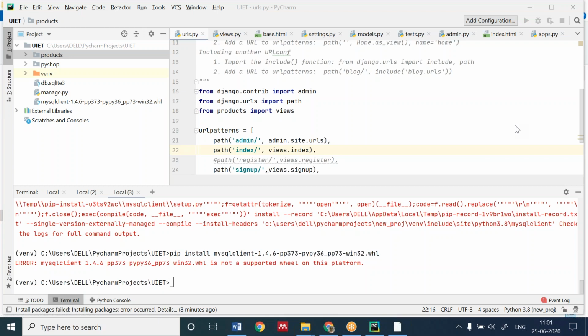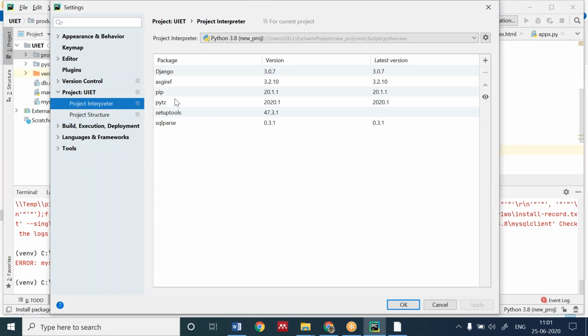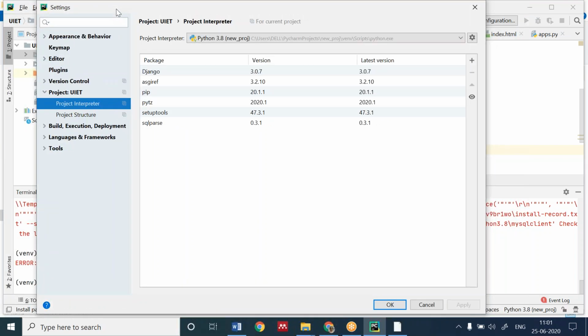If it is your main Python installation, then change the interpreter for the project. This works for. Okay, Shivam is saying that if you, okay, Shivam, where?